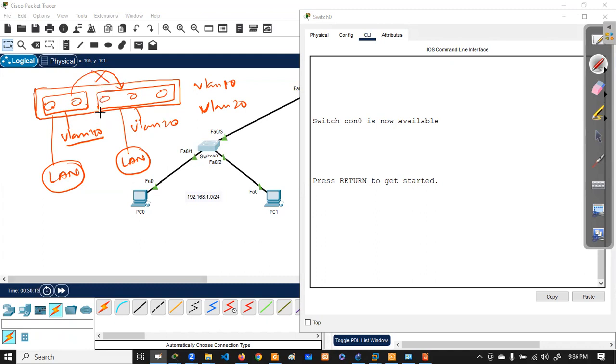But you can communicate if you use another device called a router. Here you connect a router, and again the router connects here. So this is called inter-VLAN routing. That means communicating between VLANs. If you are not doing inter-VLAN routing, you cannot communicate with each other.